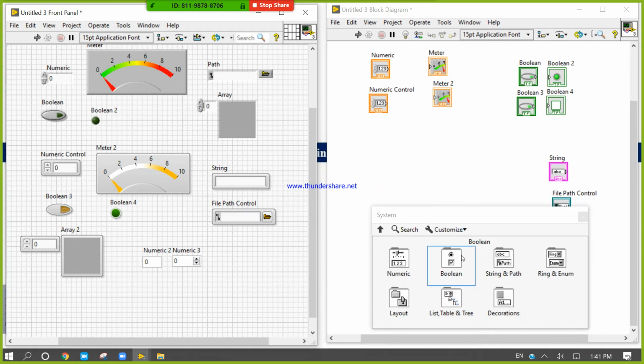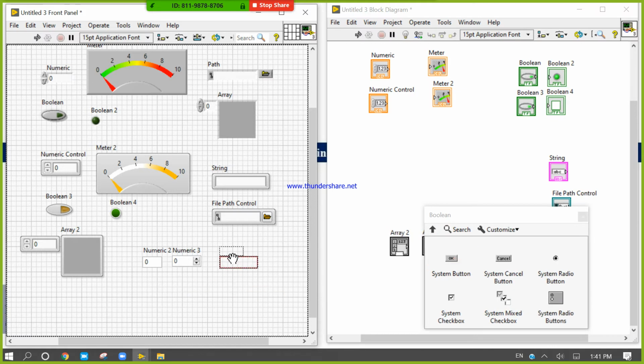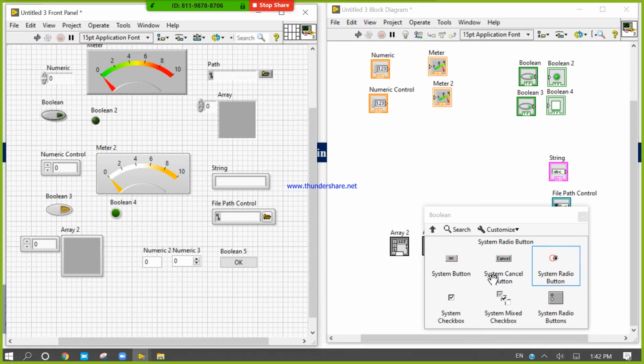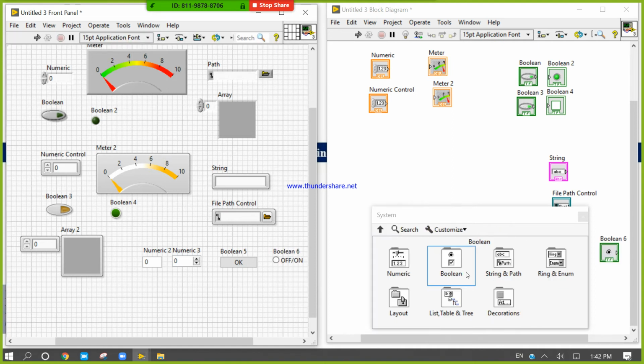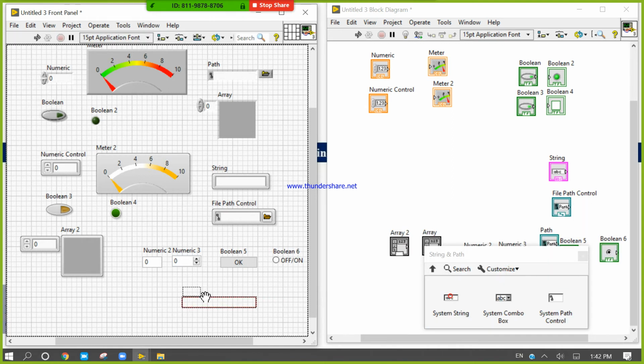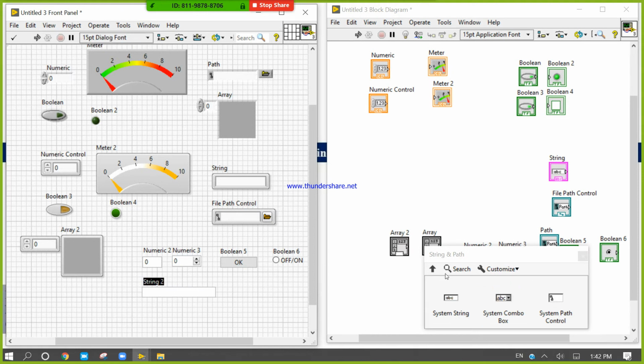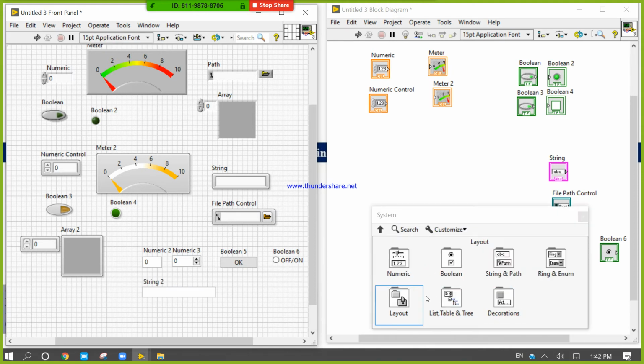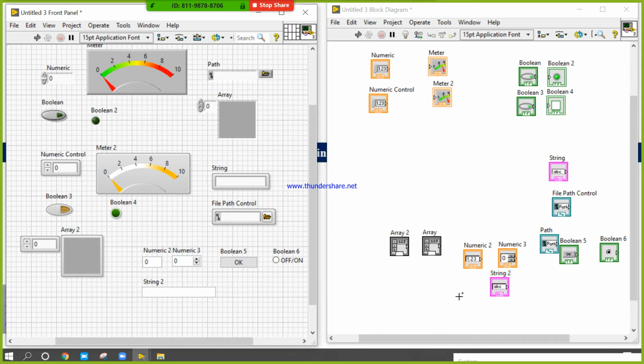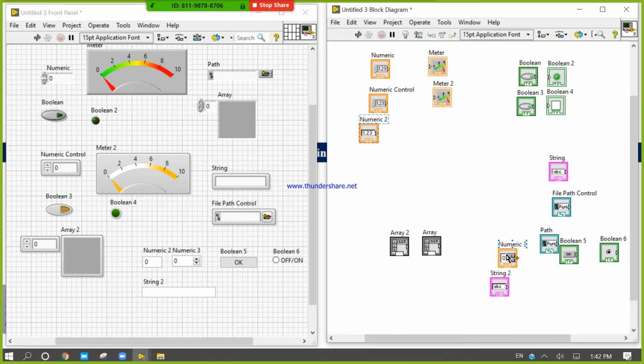If I want to take the system boolean, the boolean will look like this. If I want to take a string, it is a string. So everything is the same. Look here. These are the same, just a difference in the visualization.